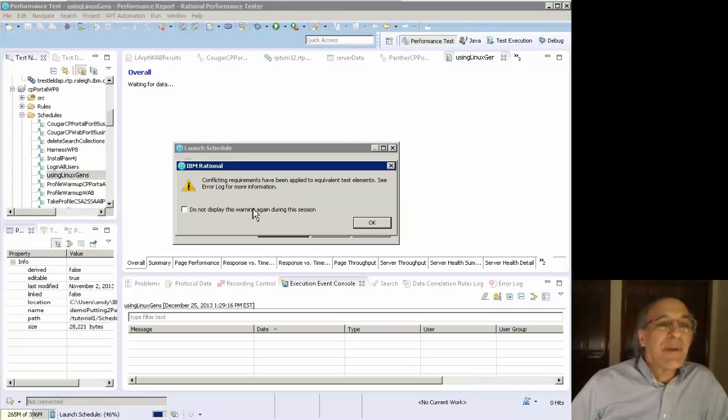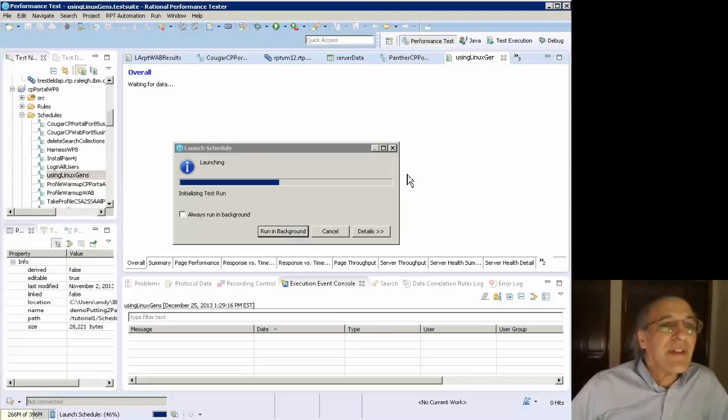And I get a warning about conflicting requirements because I have more than one fragment that has the same page name in it. And I have performance requirements on those elements. And even though the performance requirements are the same and the element names are the same, RPT thinks it's a good idea to give me a warning that I've got two or more elements that have different requirements, even though they're the same. I've complained about that, but it's not getting fixed. Right, so the test is launching,